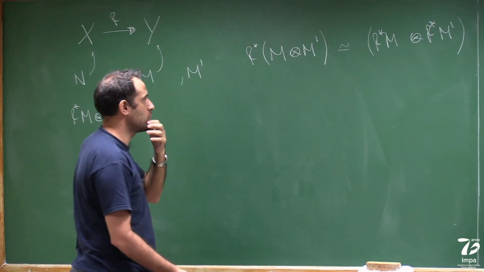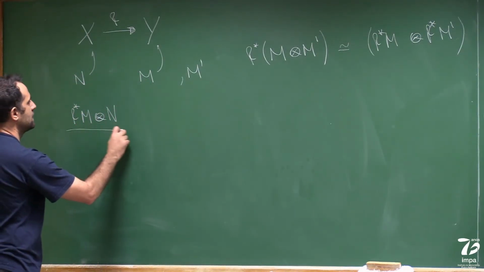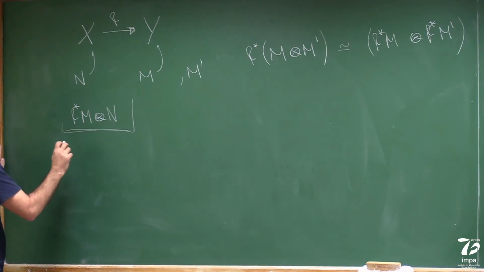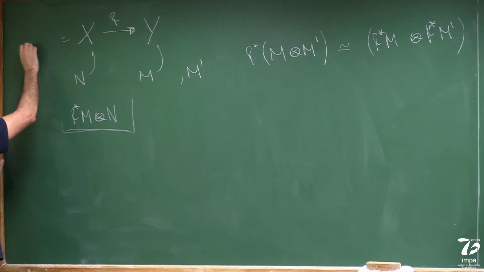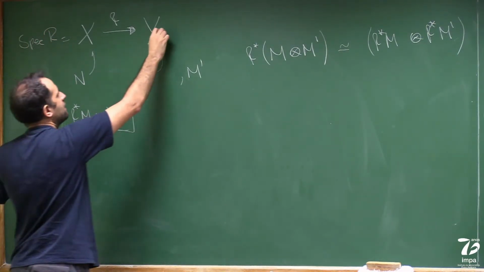So let's work towards proving that statement. Okay? So I'm going to stick first to this statement here. And let's look at this being the spectrum of some ring, R, and this being the spectrum